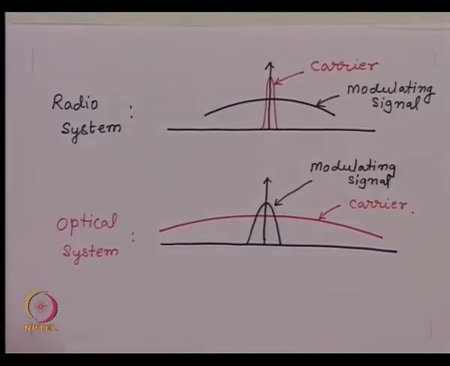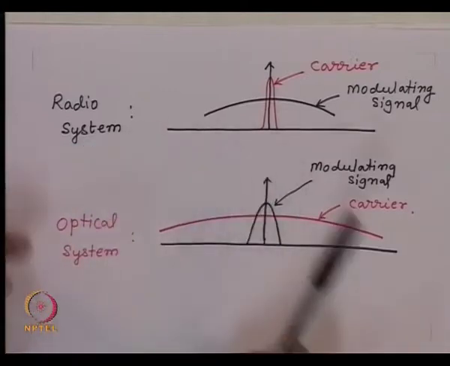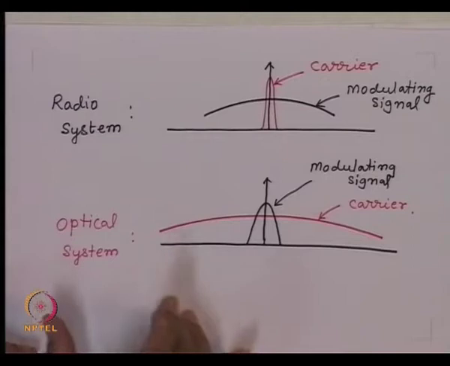So as we mentioned earlier, when we analyze a radio system, since the sidebands are very clearly visible, essentially you can detect the signal or recover the signal by using either the spectral domain techniques or by using time domain technique, because the spectrum is very clearly visible, we can see the sidebands. Question one can ask is, if I now go to the optical system where the carrier spectral width is much larger compared to the modulating signal,